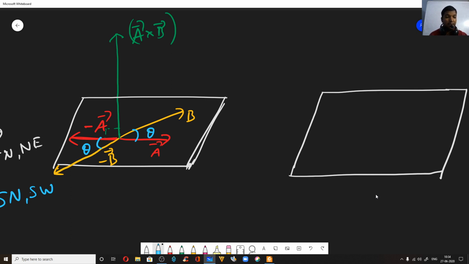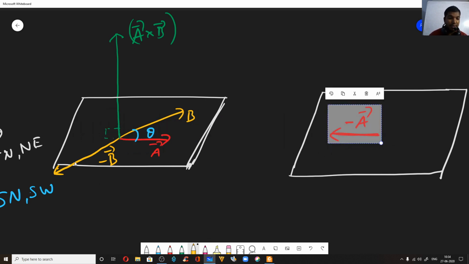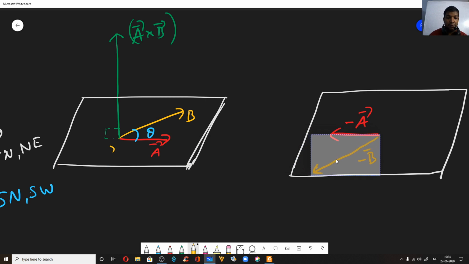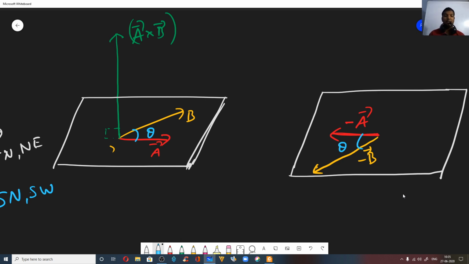Now do the same thing. Let us shift these vectors onto that plane. Now you got to know that the angle between them is the same theta, right? Now when you do negative of vector A cross negative of vector B, what you will see is that this is theta. Now again, when you did A cross B, use your right hand. So assume that vector A is towards the right side. Imagine like this.